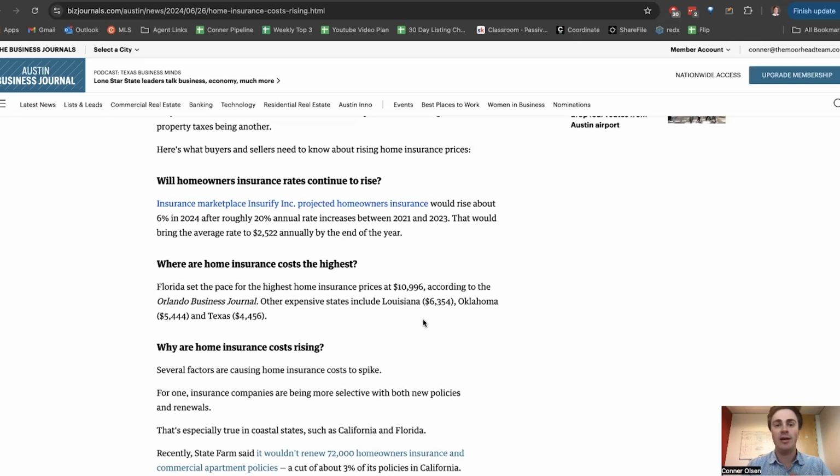Now the insurance company thinks, okay, well, this happened this year. The odds of it happening again in the future go up. So I need to charge you more money every month to compensate for that increased risk. So hurricanes, tornadoes, wildfires, floods, all those things increase insurance costs. And Florida has the worst because Florida gets hit every single year with these insurance